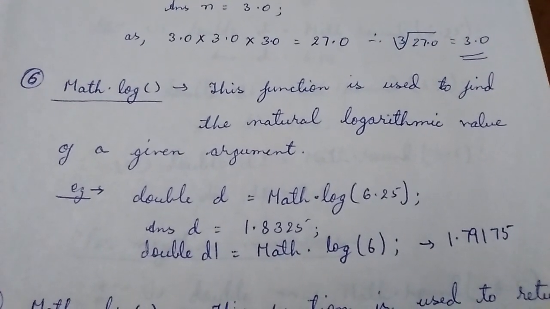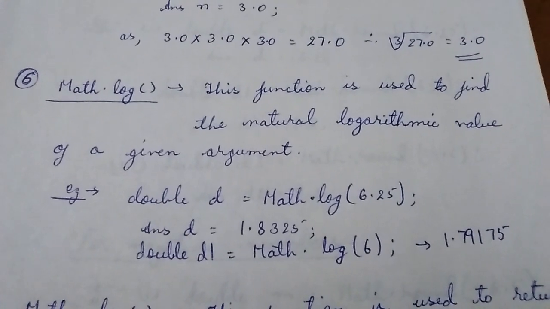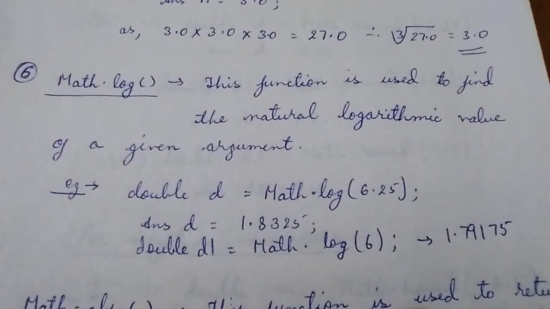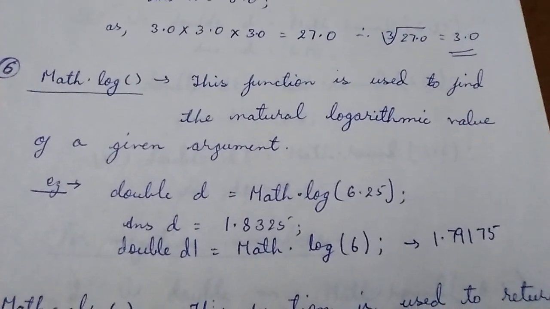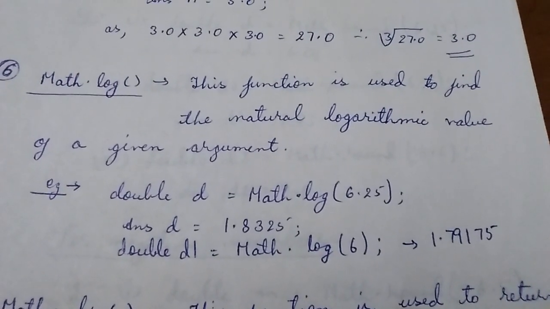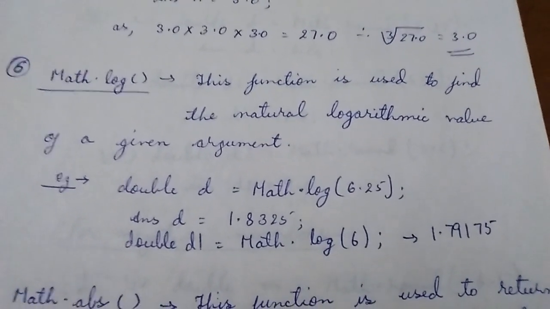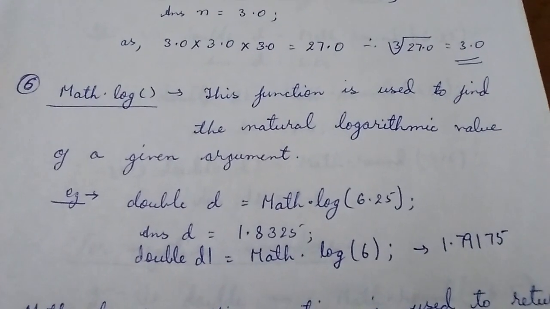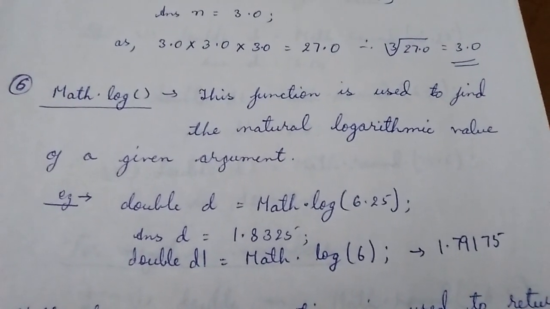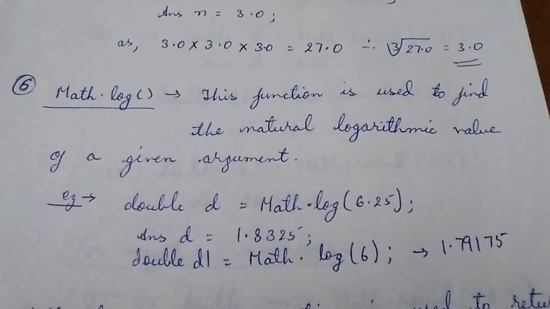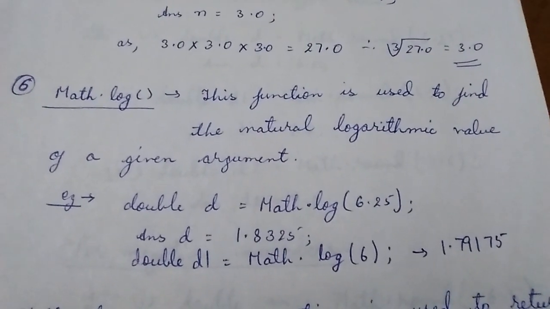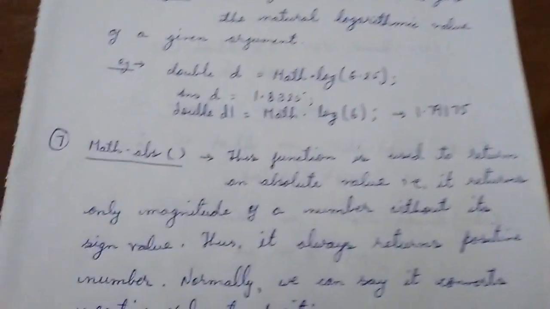And if we write double d1 equals Math.log(6), then the log value of 6 will be returned, that is 1.79175. So these are functions which help us to calculate the logarithmic value of any given number. The next is